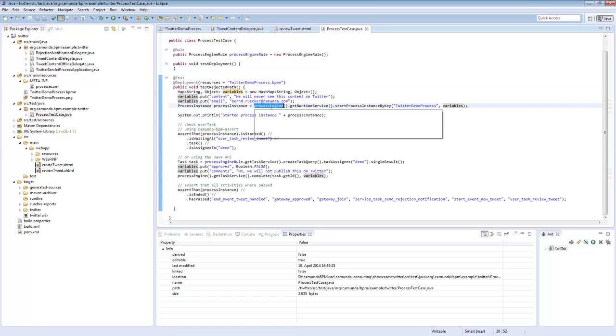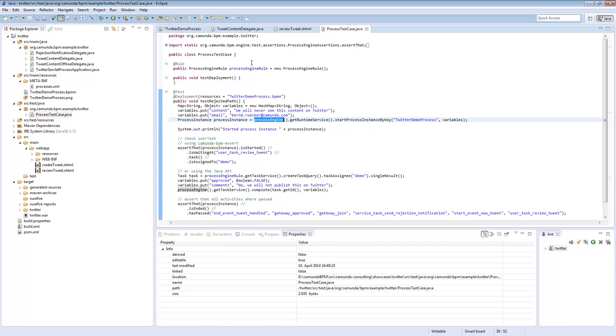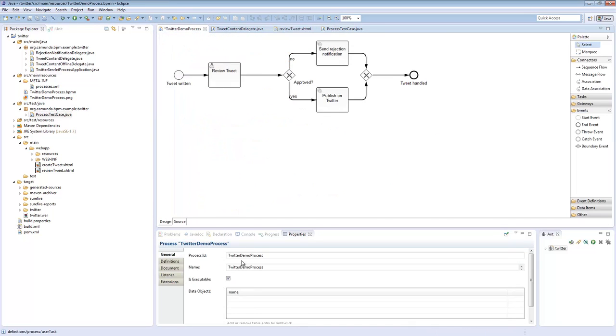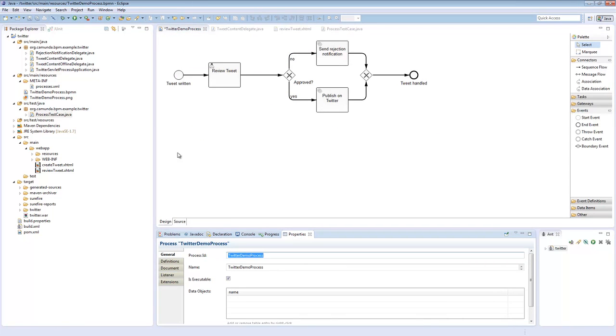Now we can access the process engine. This basically comes from the test case. What we do here is we start an in-memory process engine with an in-memory database only valid for that test. So that's a pretty small footprint, and it's easy to set up for us. We have a process engine, and then the process engine knows a couple of services, for example, the runtime service. We can use the runtime service to start a new process instance by using the so-called key. The key is the Twitter demo process. It's the ID of the Twitter process here. It's a bit confusing that it's called ID in the BPM